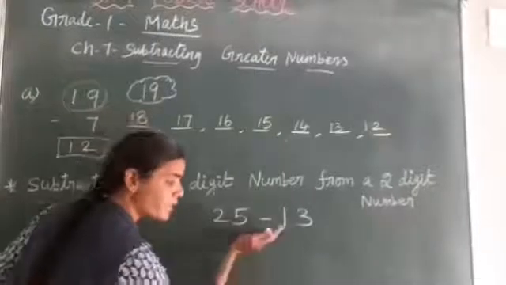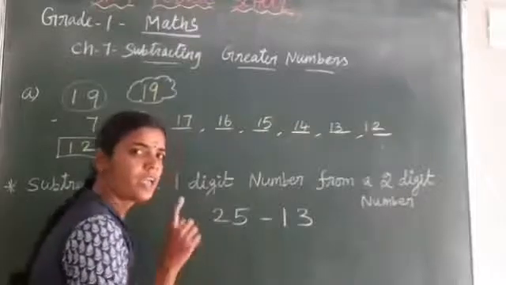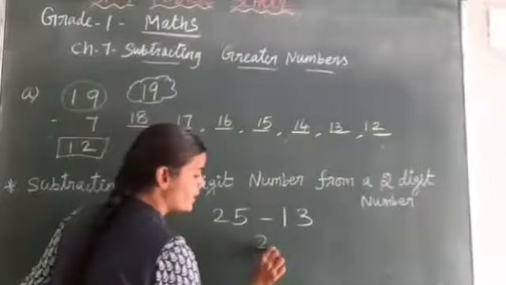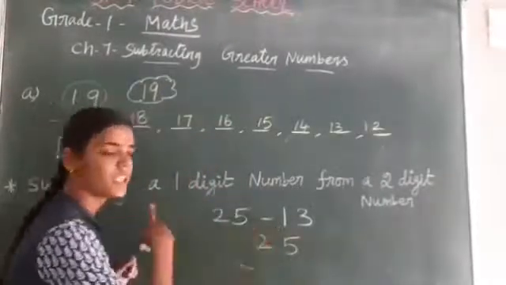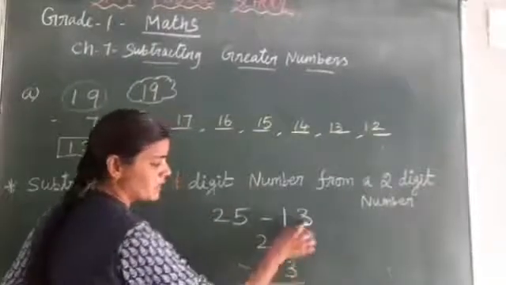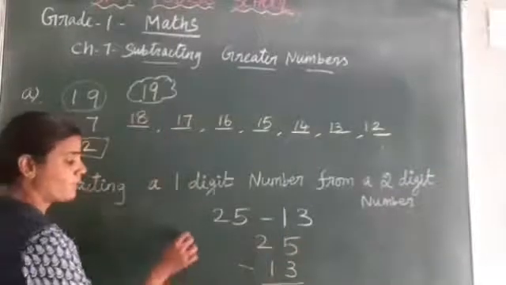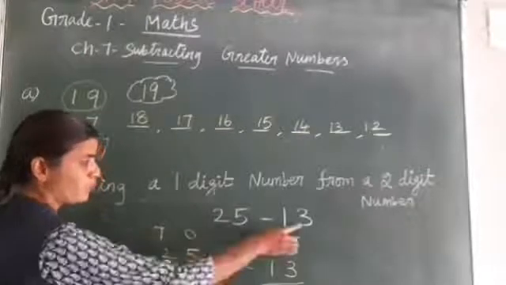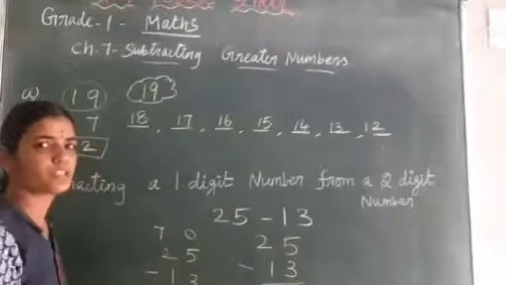Now we are going to write the numbers in the correct order. While writing the numbers, you have to write them in the correct place. So first 25, minus, next number 13, with ones place and tens place. So 2 digits, 1 and 3. This belongs to the ones place and this number to the tens place. If you have any doubt, you can label ones and tens like that. Minus: ones place number 3, tens place number 1. Like that you can also write.